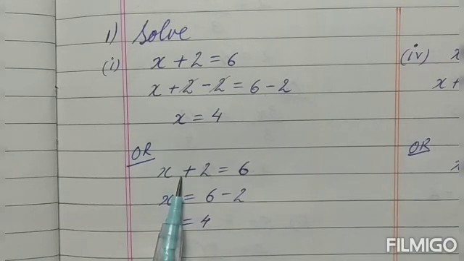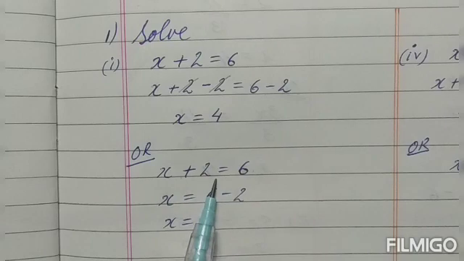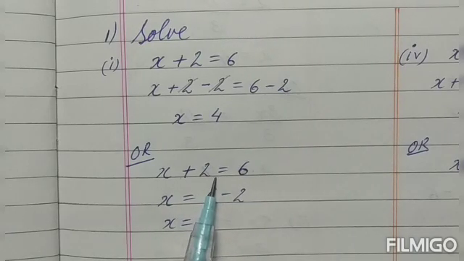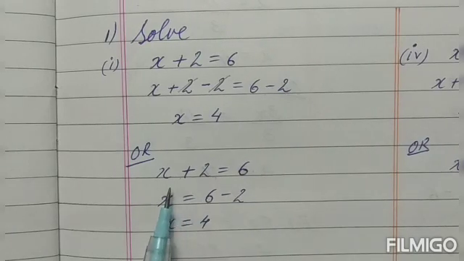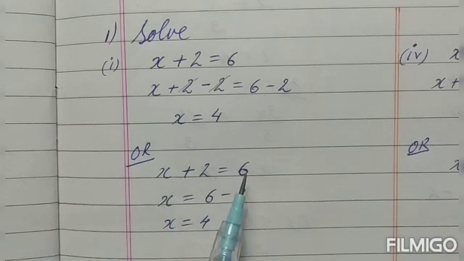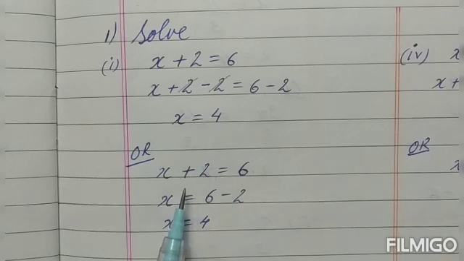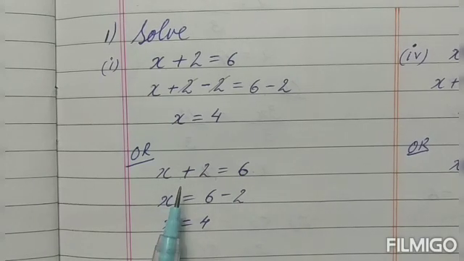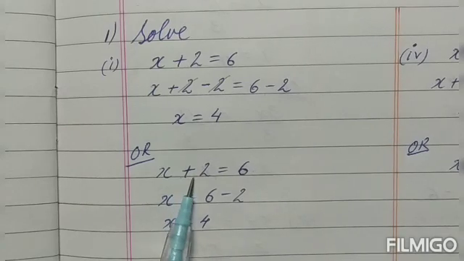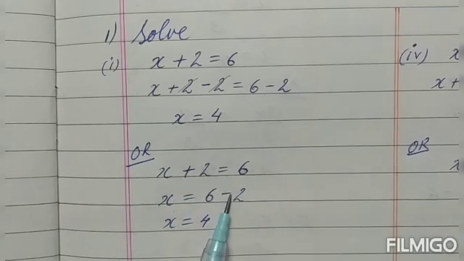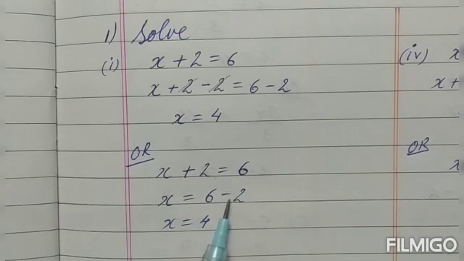Whereas a minus variable will go on the other side as a plus variable, right? A multiplication changes to division and a division changes into multiplication. So these are certain rules of transpositioning the numbers. So taking that, children, a plus 2 when it goes on the other side will go as minus 2. So x is equal to 4.